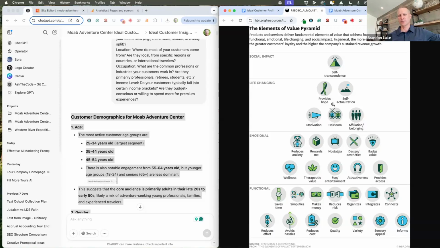They took the concept of the hierarchy of needs from a human perspective and adapted it to a purchase perspective, thinking about why we go out and make purchases. They determined that all products and services deliver certain fundamental elements of value, and they divided them into functional, emotional, life-changing, and social impact, and you can see those represented here. If you think about some of these labels,